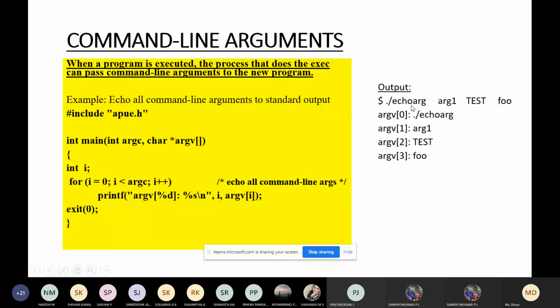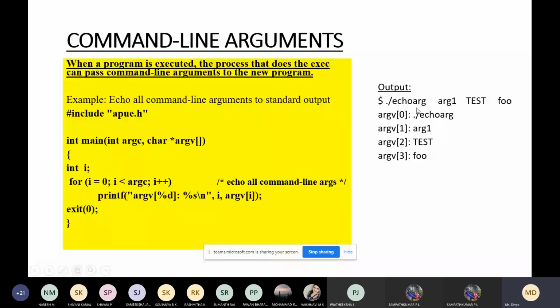I is equal to 0, I is less than 3. Initially argv[0] will have the program name.